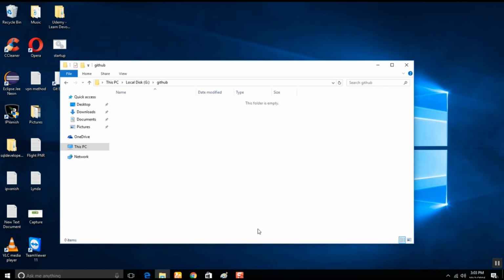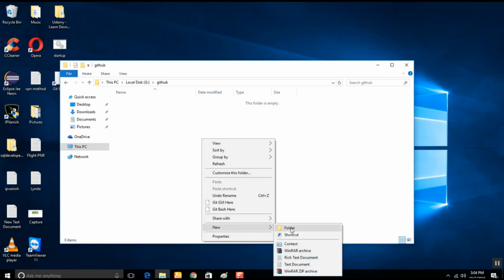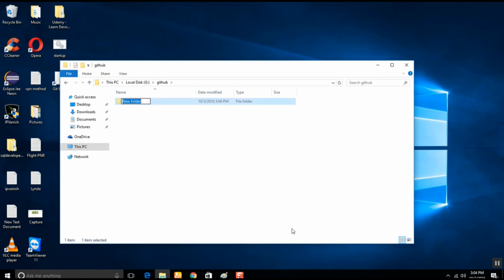GitHub is a repository where most developers store their code. It's like a free repository where you can push your code, and it provides many other features like that. Now we have created a new directory, and let me create a new folder in it and call it sample app.